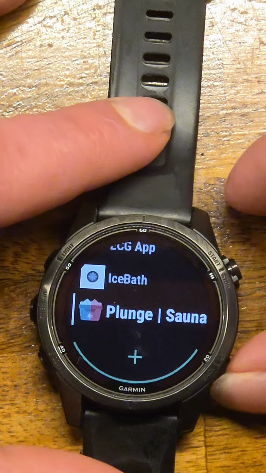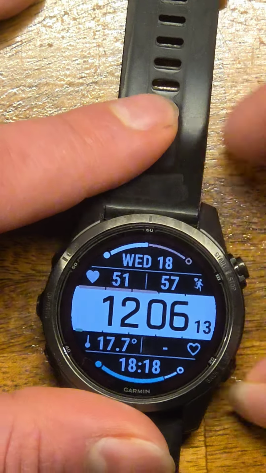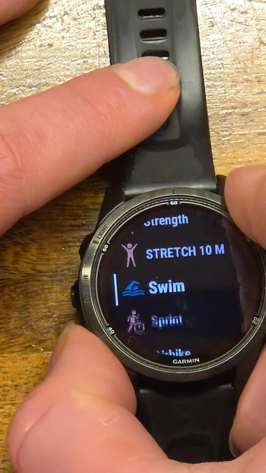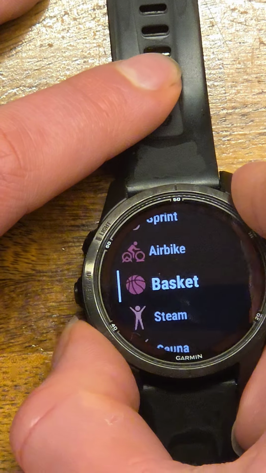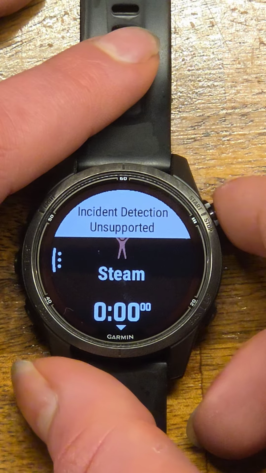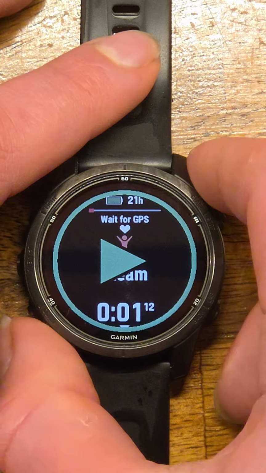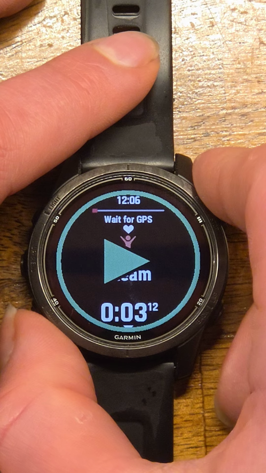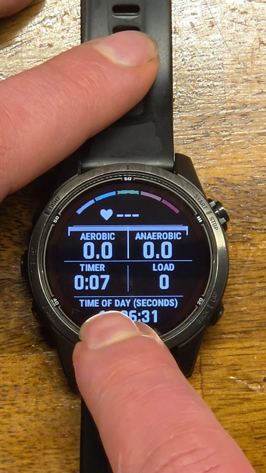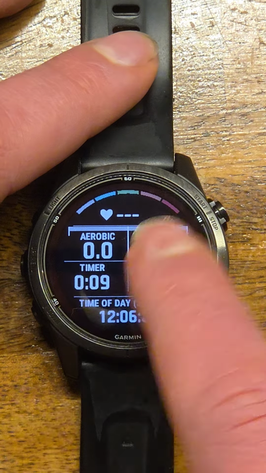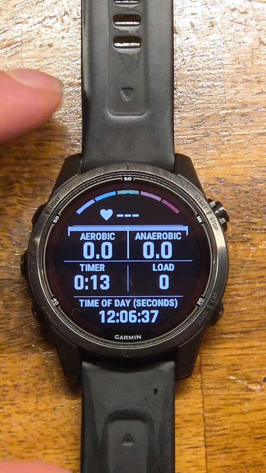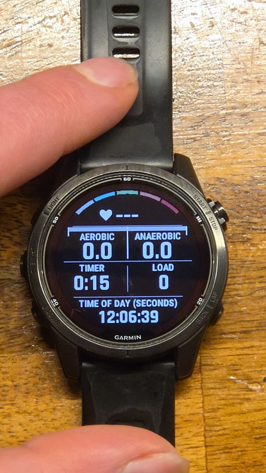If I now, instead of using this, just create a custom Garmin activity, then what I can see during me being in the steam sauna is how much training effect I accumulate, because I have set this activity up like this. So I click on start here, and then what I can see is the training load and the training effect. So here I have the load, and then I also have the training effect, aerobic and anaerobic, which is something